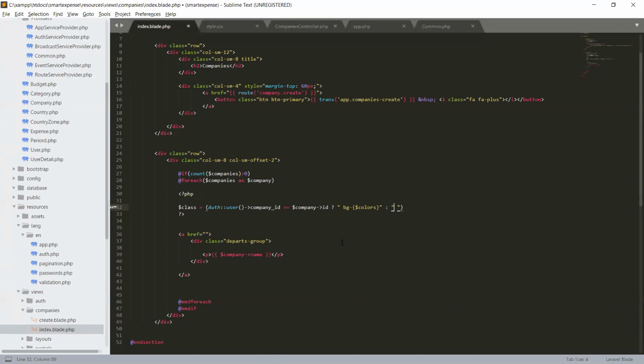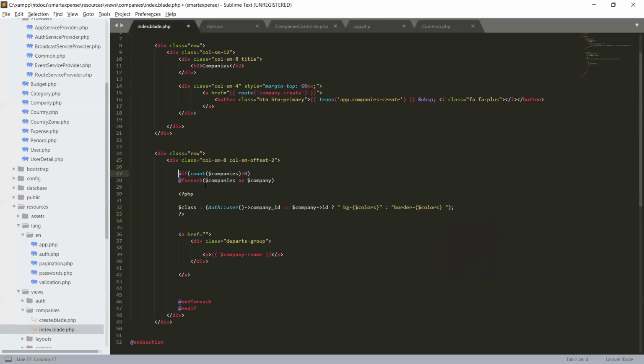Okay, then make the class bg border, border and single blade, a colors variable. Okay, and close this statement.